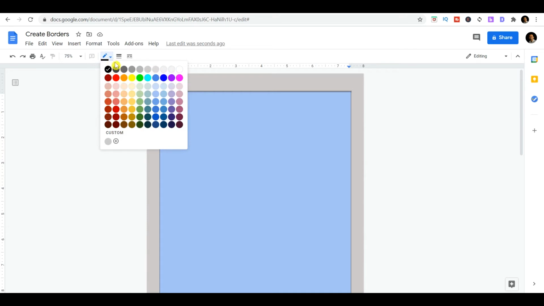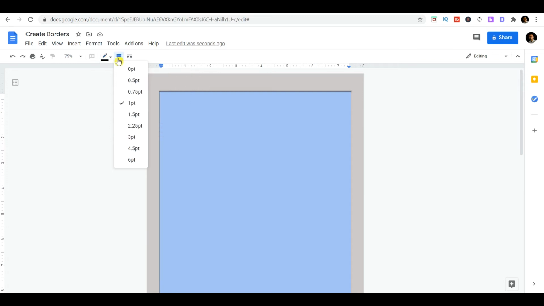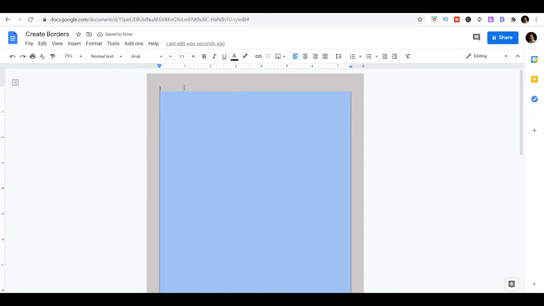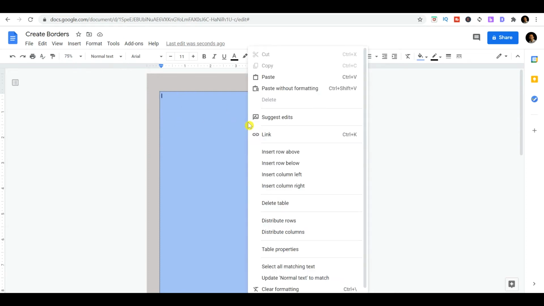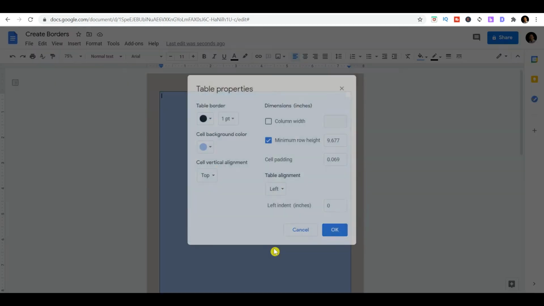The next you have is the width. So this is the border width. So you can make it 0, or you can have it 1, or increase it to any option that you would want. And the next that I would want to show you here is on the blue area, I do a right click and then I go to table properties, and this is the place where you actually see the table borders.